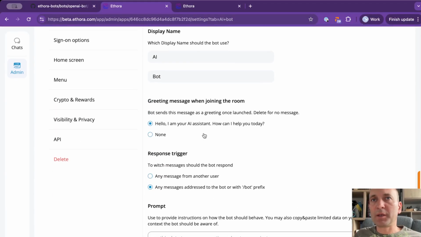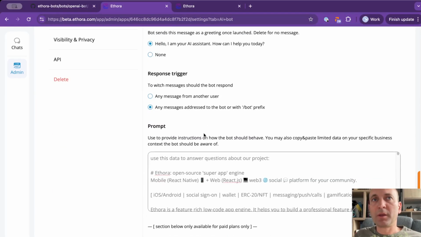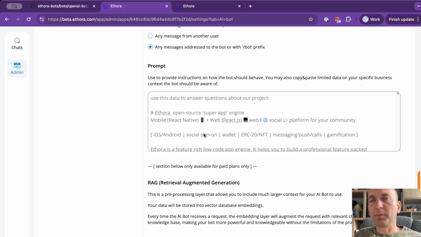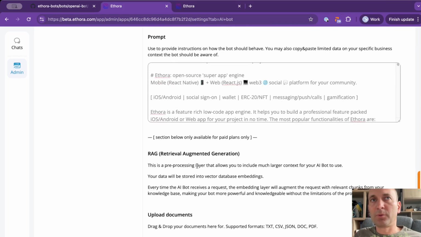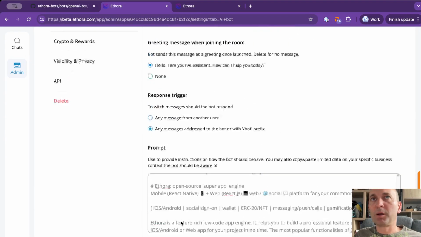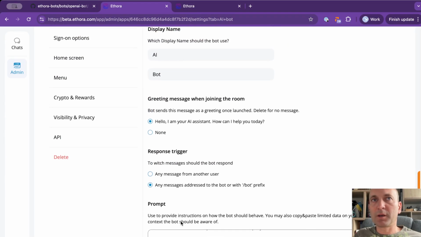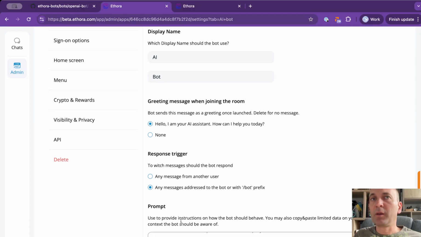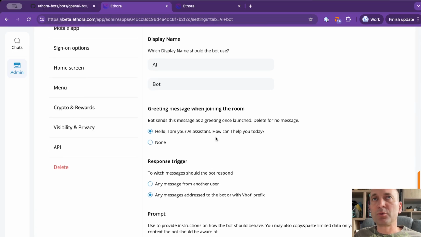If you want to potentially go deeper and further, there are other options available for retrieval augmented generation, RAG, to be able to add documents, crawl the URL of your website, and advanced options. But for most of the users, most of the customers, most of the projects, this basic functionality actually will be enough. So you simply choose the chat room,